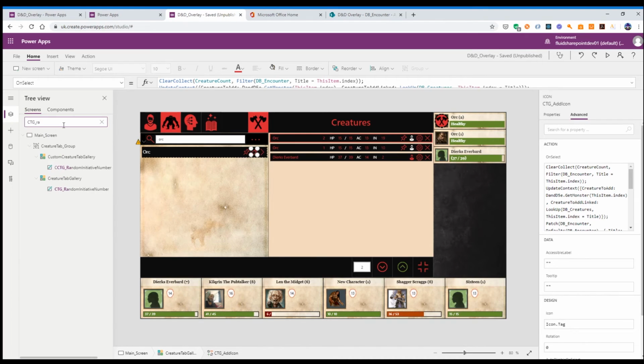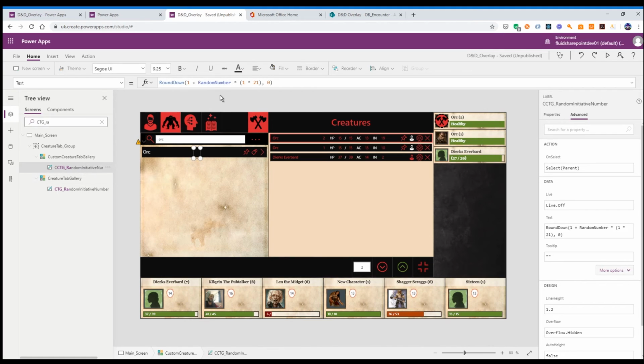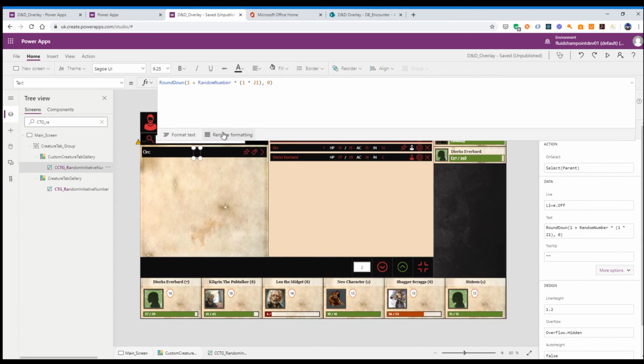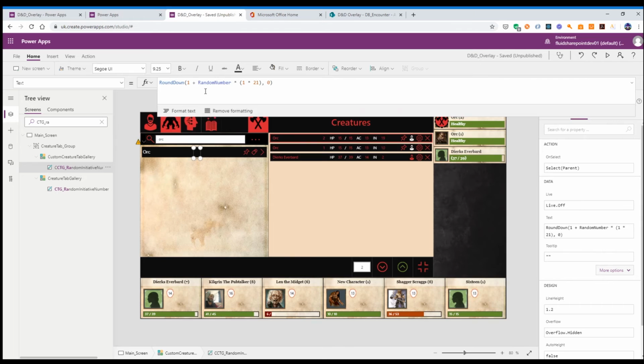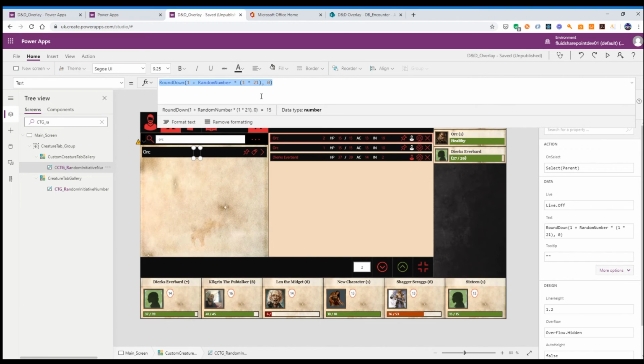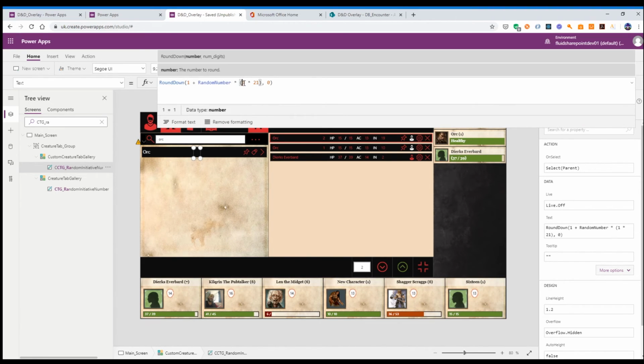CTG random initiative number. Now this uses the random number variable. So it takes 1 plus a random number, times it by my lower and upper ranges and reduces it down to 0. Again, I'll go into more detail on that, but this is basically a way of getting a random number between 2 points using the random number. Now this random number